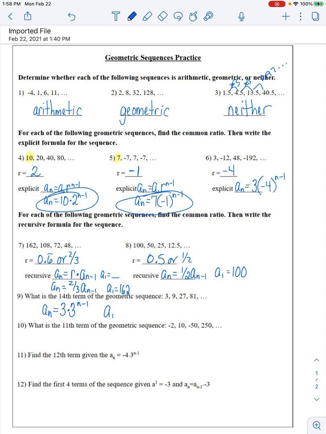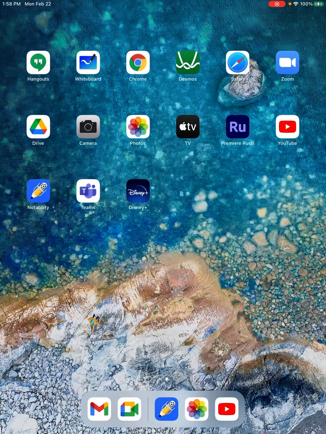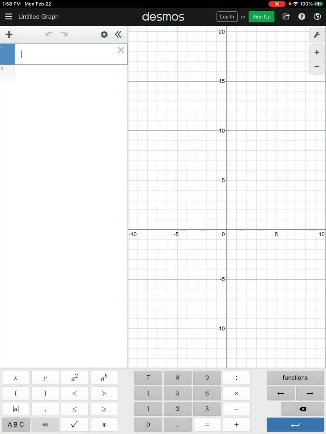So to find the 14th term, I'm going to say 3 times 3 to the n minus 1. 14 minus 1 is going to be 13. And then I'm going to plug that in the calculator. So I'm going to get 3 times 3 raised to the 13th power. And you get